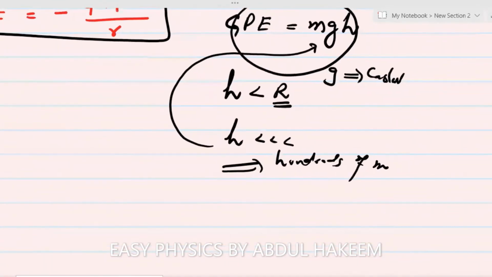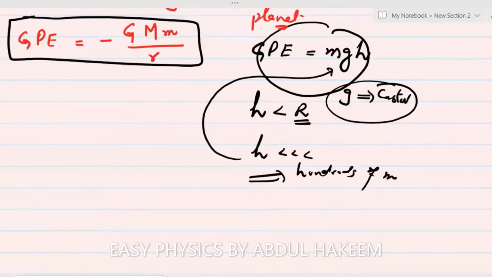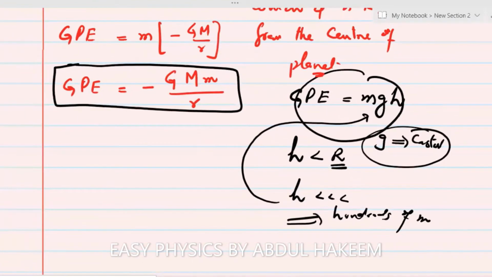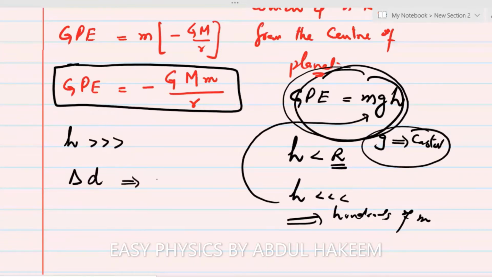So when the g is constant, there is no change in the value of g, we will use gravitational potential energy. लेकिन जब height बहुत बड़ी change करते हैं, when the difference of the distance is too large,